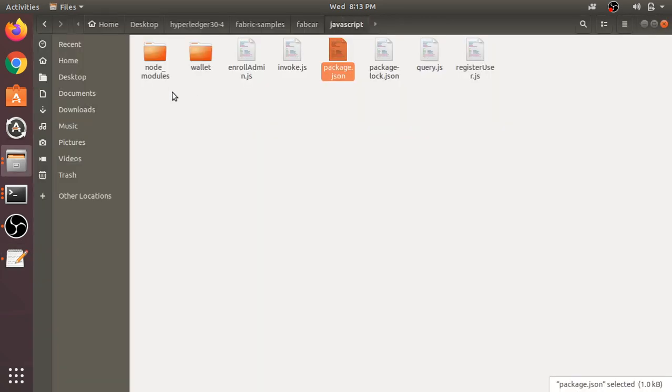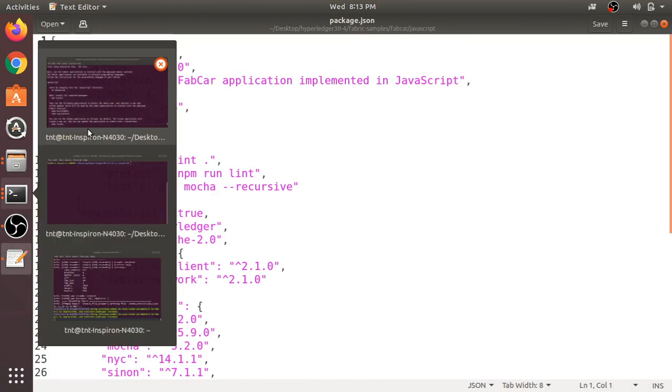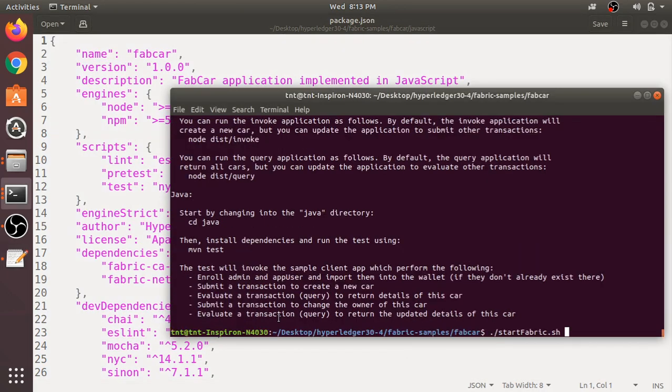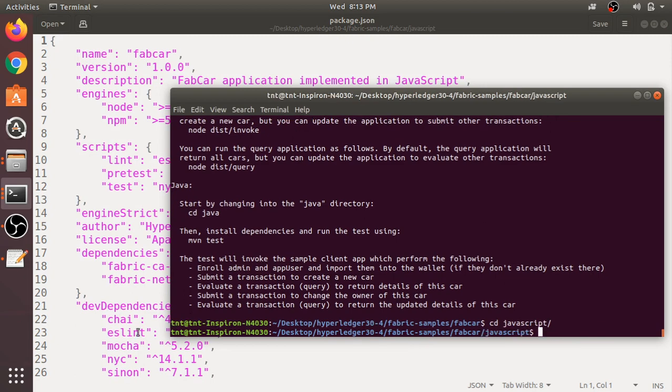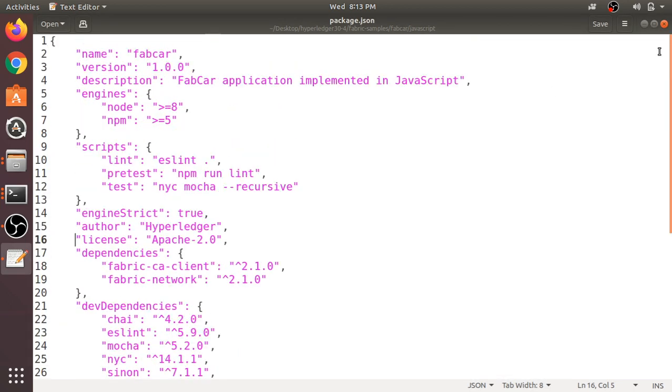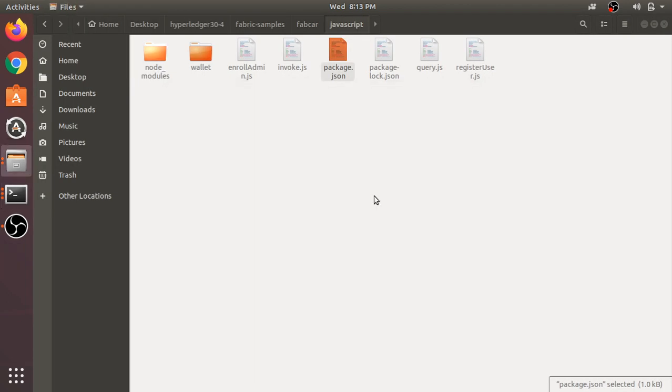If you are new to this, you have to run the command npm install inside this folder. So for the people who are new to this system, cd javascript. The dependencies are listed in the JSON file, and you have to install those dependencies if they are not available in your case.